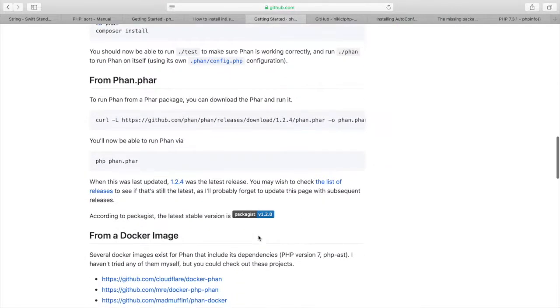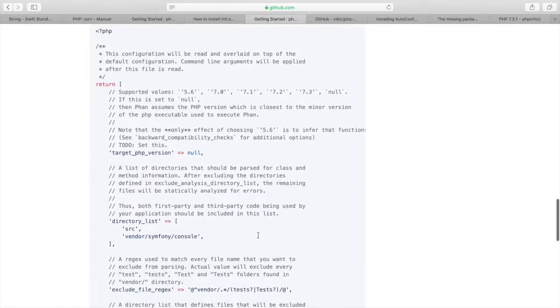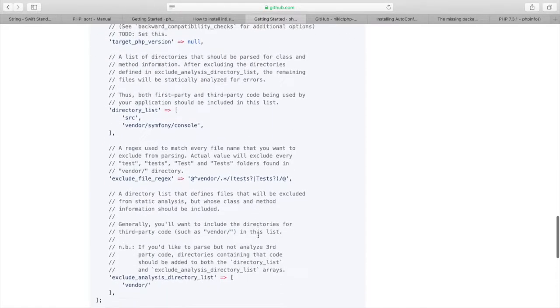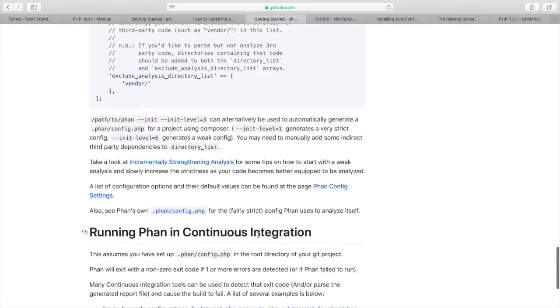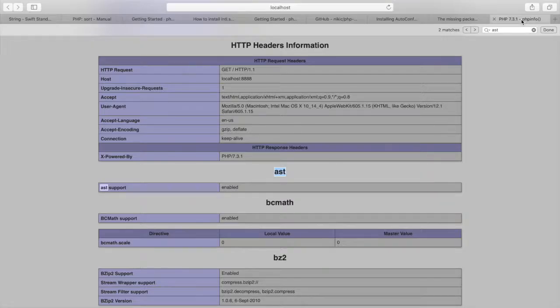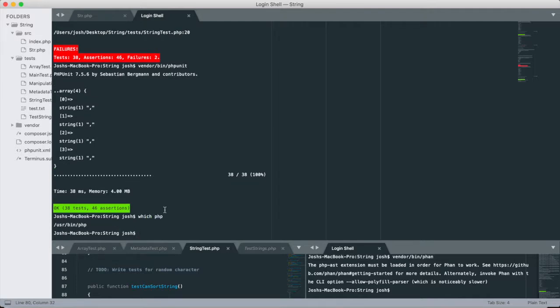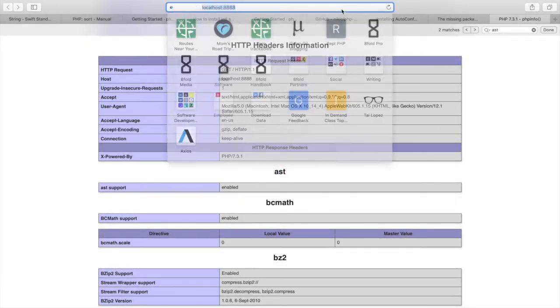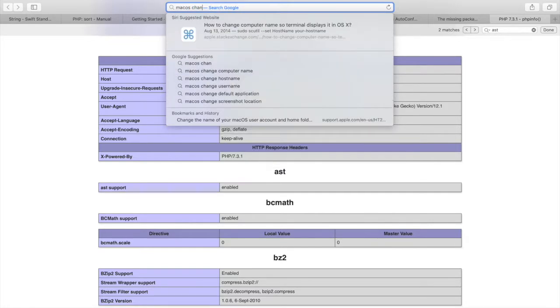So instead of looking inside of the MAMP PHP, it's looking at the default PHP. So let's do this over here. So which php, usr bin php, macOS, change which PHP,